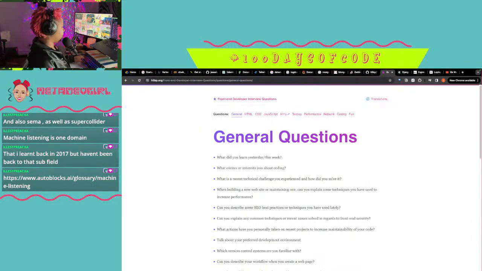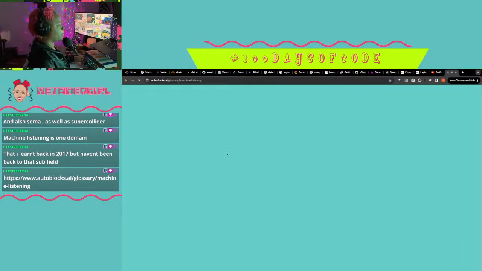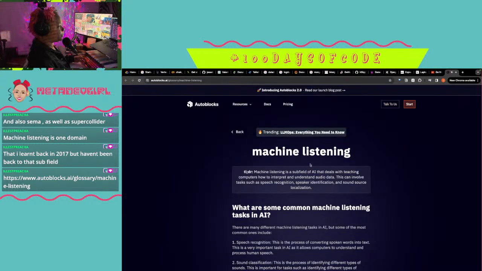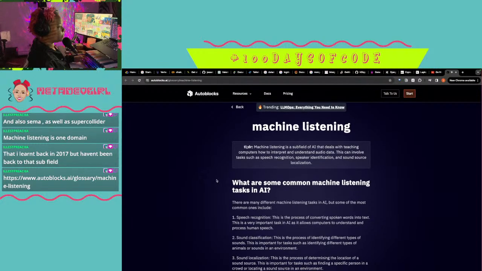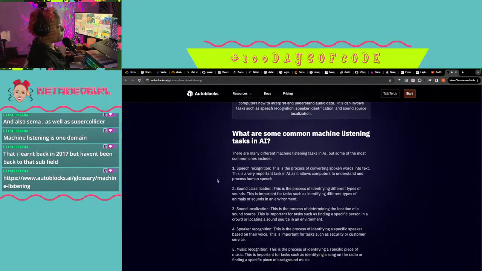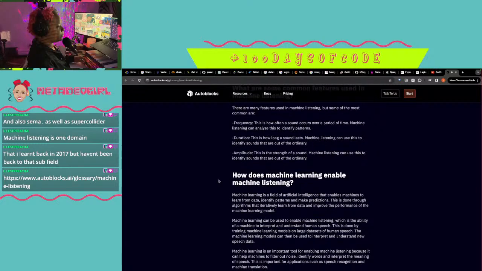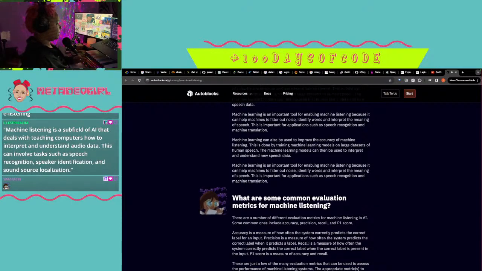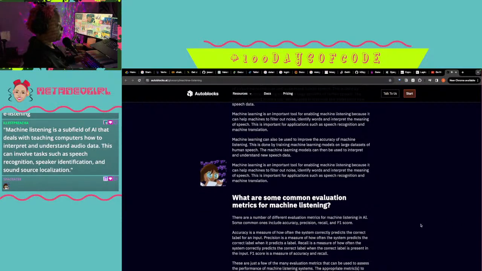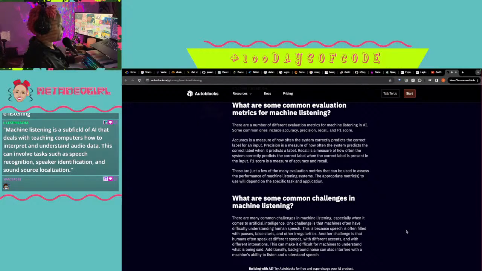Audio, auto blocks, AI glossary, machine learning. I know for the sake of my sanity that I need to learn how to do some type of music programming.